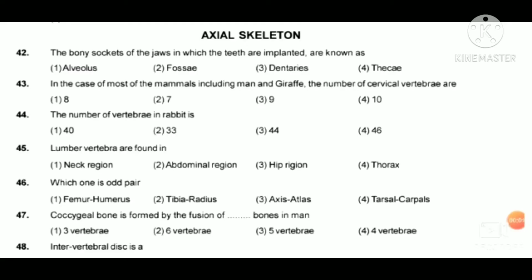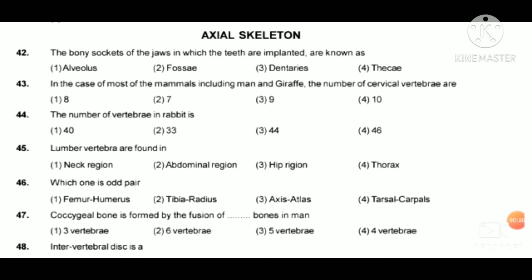Hello everyone, this is the second part of chapter locomotion and movement, and in this video we're going to discuss some objective questions related to the second topic, which is axial skeleton. So let's continue, and the very first question, number 42: